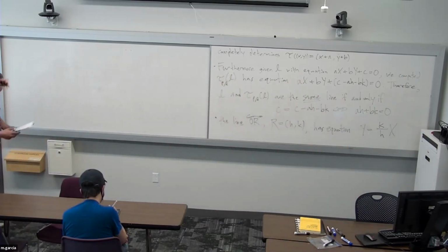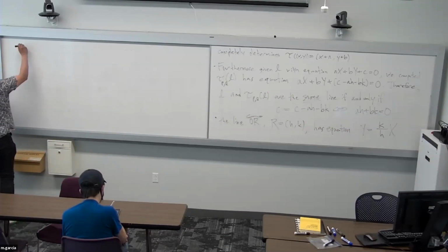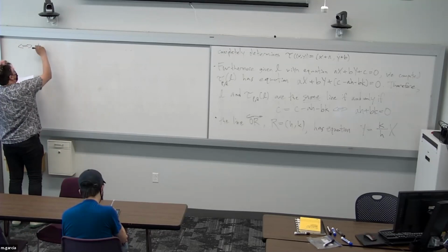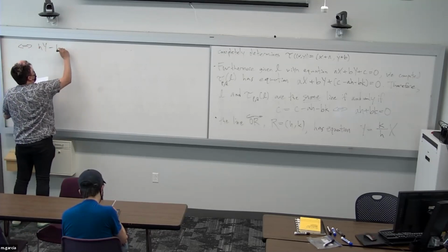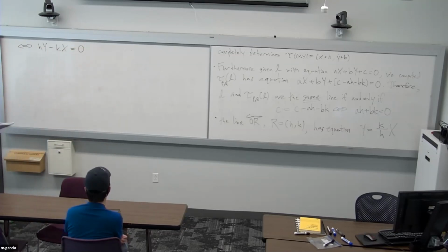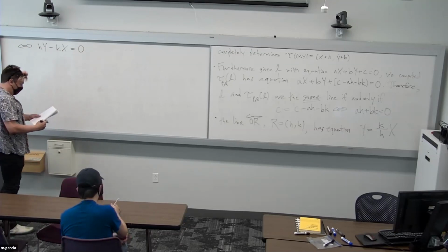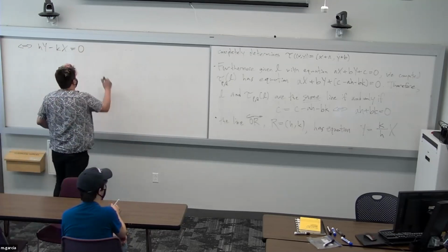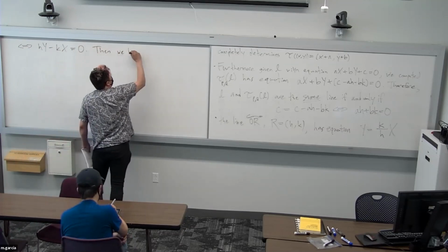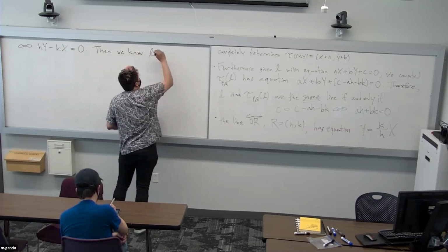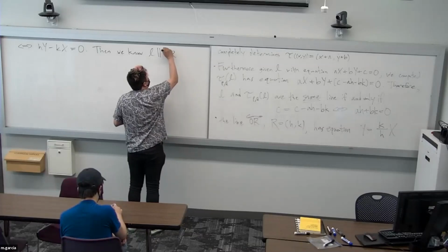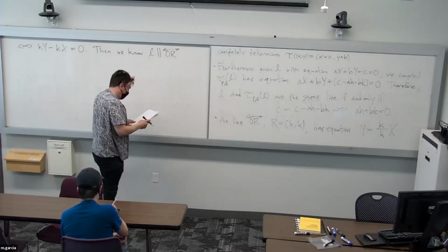Of course, this last equation is the case if and only if hy minus kx equal to 0, to put it in standard form. Then we know that our original line L is parallel to the line defined by the origin and point R